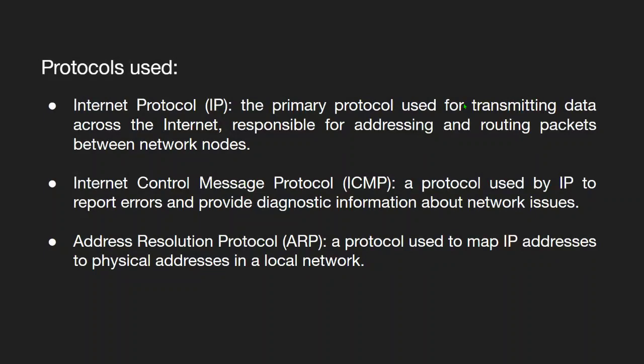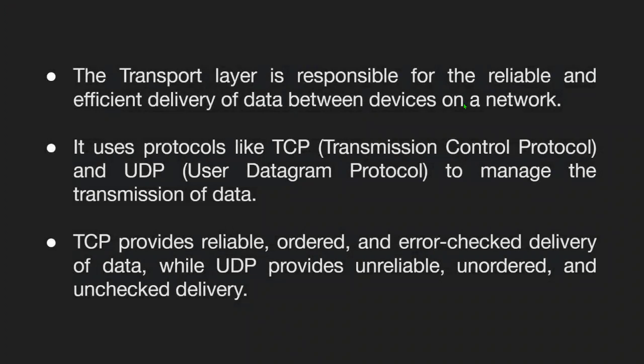The next protocol is ICMP, that is Internet Control Message Protocol, which is used by IP to report any errors and provide diagnostic information about any network issues that occur. And the next protocol is the Address Resolution Protocol, which is used to map IP addresses to physical addresses in a local network. The next layer is the transport layer, which is responsible for reliable and efficient delivery of data between